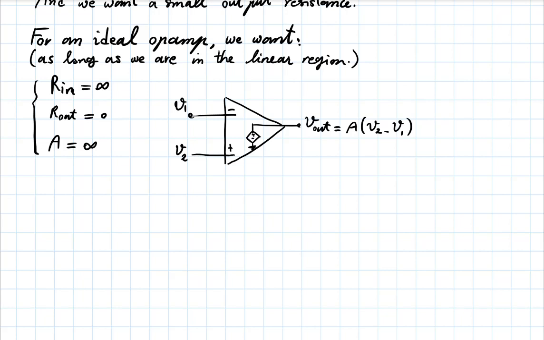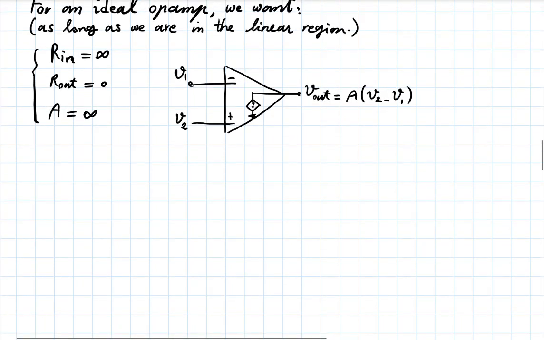Now, if A is infinity, what is V out? Infinity. As long as there is a difference between V2 and V1, if you multiply that by infinity, V out will be infinity,